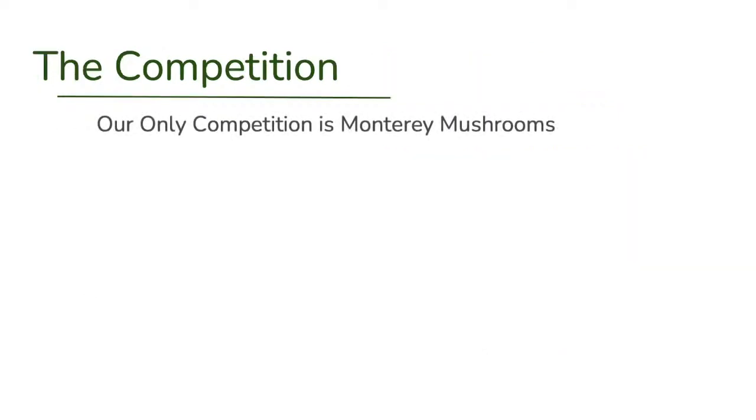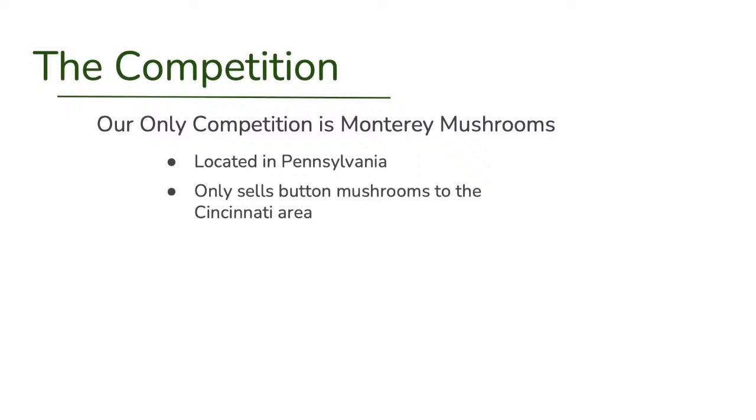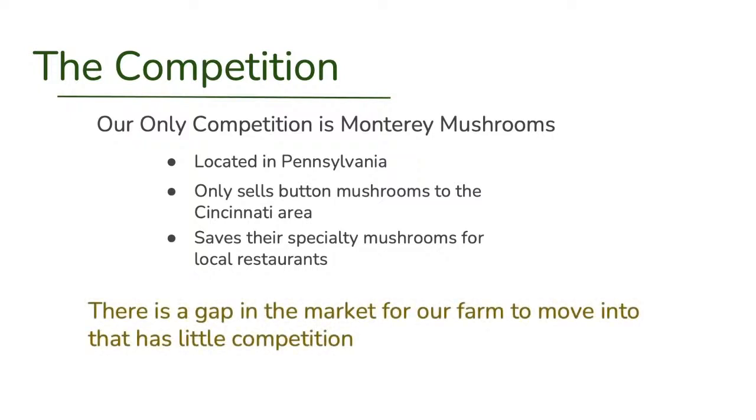Currently, our only competition is Monterey Mushrooms, who has a farm located in Pennsylvania. Monterey Mushrooms only sells button mushrooms to the Cincinnati area, and they save their specialty mushrooms for local restaurants in Pennsylvania. This gives us a wide gap in the market